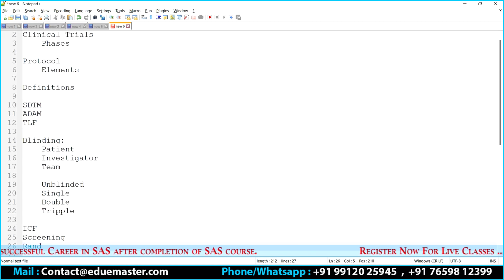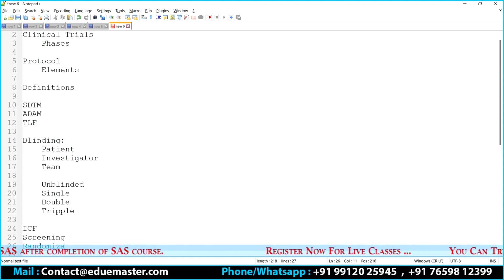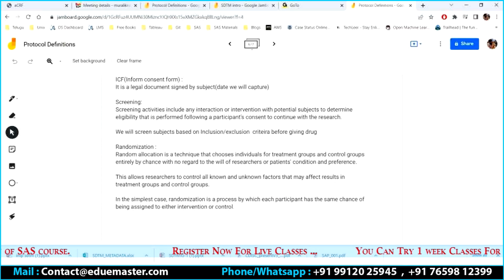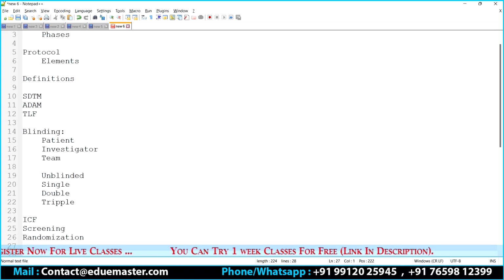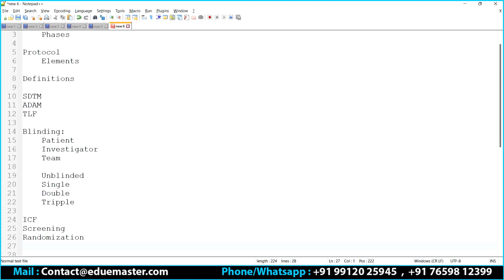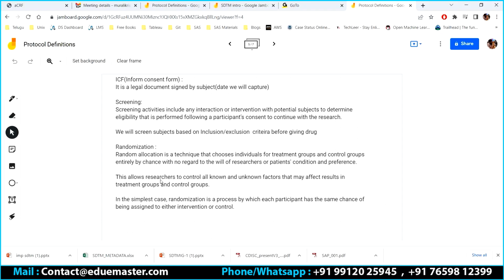The next thing is randomization. What do you mean by randomization? Randomization is the process where we have a lot of volunteers, so many subjects, and we need the right mix of both kinds of people. Let's say I have 100 volunteers. Out of them, we pick 50 healthy people, or 60 healthy people, or 40 people who are patients suffering from the same or other diseases. So how do we randomly pick the people? We have a population, and we have a sample. How to get the right sample is randomization. Randomization plays a very important role while selecting the subjects. And then,